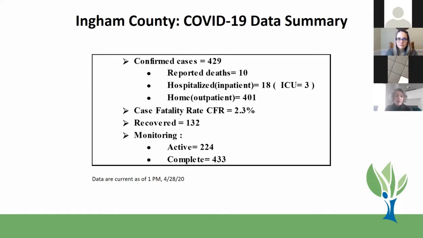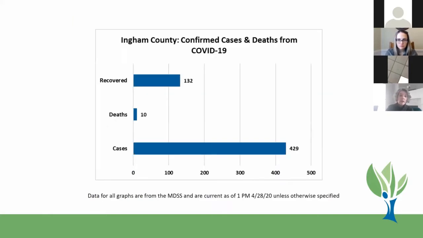Monitoring is our folks who have either traveled or are otherwise known exposed, and we have those folks quarantined until we know that they do not become ill. So actively, we still have 224 that we are monitoring, and we have completed 433. So deaths, just a chart here that shows you we're at 132 recovered, 10 deaths out of our 429 total